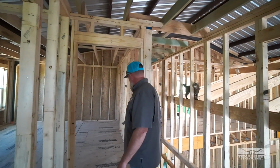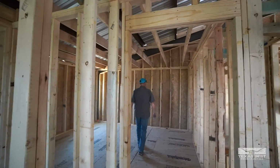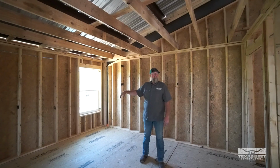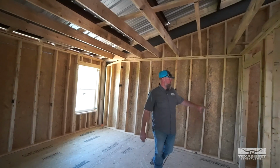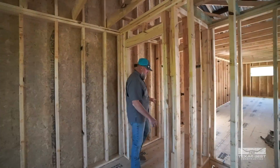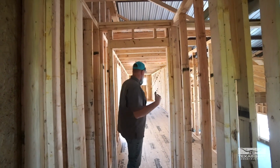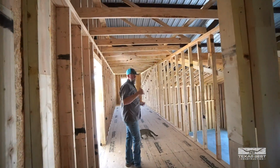We've got our Advantech subflooring up here. This is another bedroom with a window in here. We've got 8-foot ceilings in here. There's going to be a closet that actually has a pass-through. There will be a closet here. Now, it's going to be kind of a secret passageway because up in here is where our stairs come up